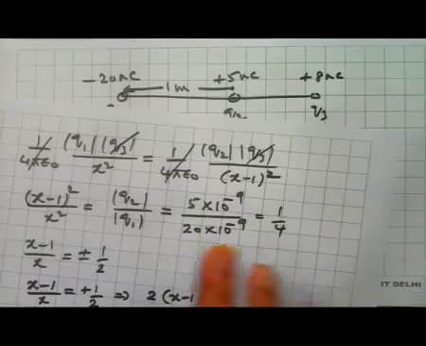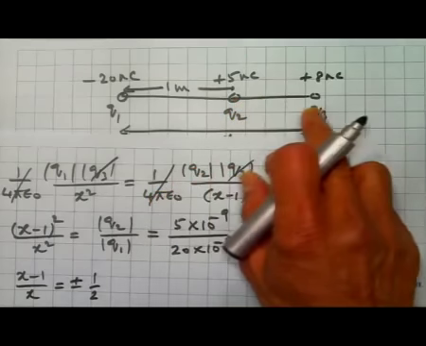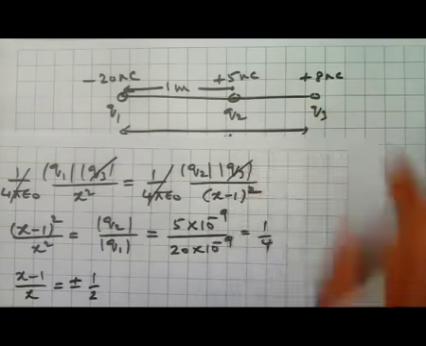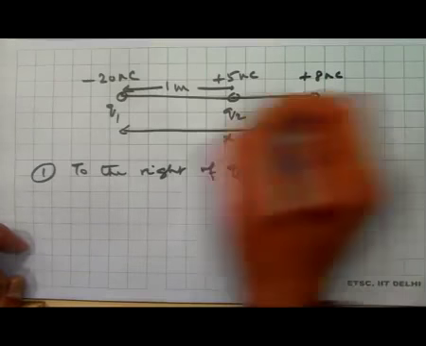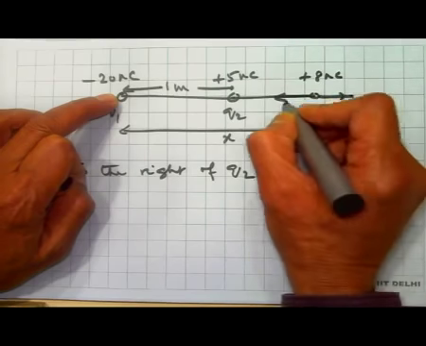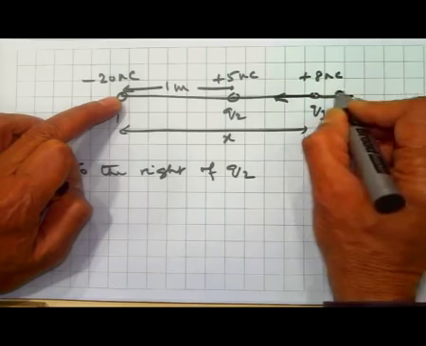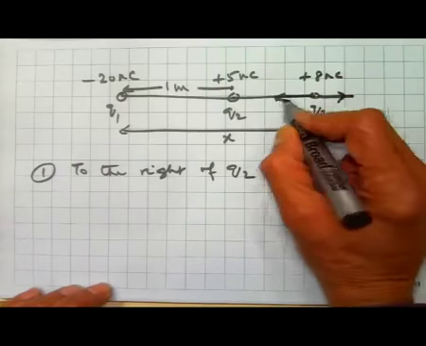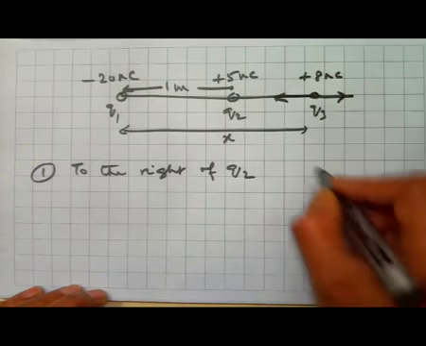The magnitude of the force because of Q1 on Q3 and the magnitude of the force of Q2 on Q3 become equal. Now, this point is such that, remember, at this point Q1 has a force like this and Q2 has a force like this, because Q1 has an attractive force and Q2 has a repulsive force. These 2 forces are opposite in direction, equal in magnitude. So, this point x is equal to 2 meters